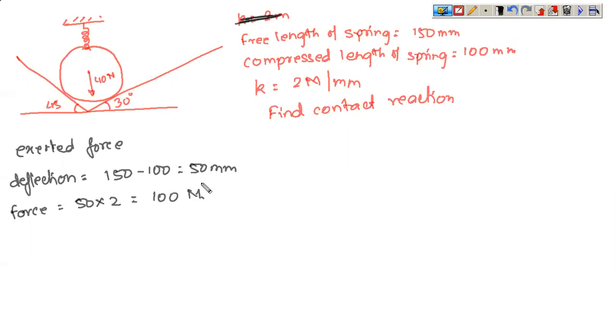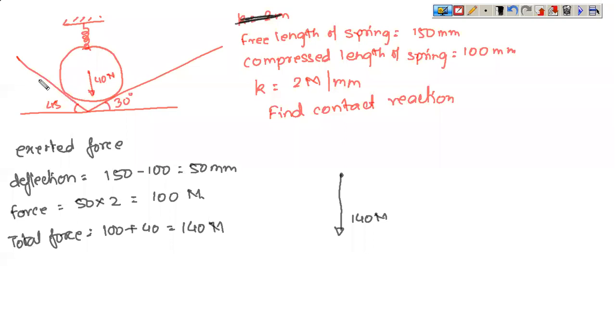on the body. So now the total force becomes how much? This is 100 plus 40. This is 140 Newton. So you need to understand the different types of forces that are acting on it. The spring is not shown for fun. Okay? Now what we are doing is we are representing this ball as a point. So now this is 140 Newton. Now let us see the various forces.